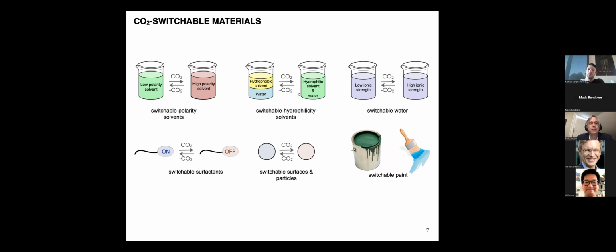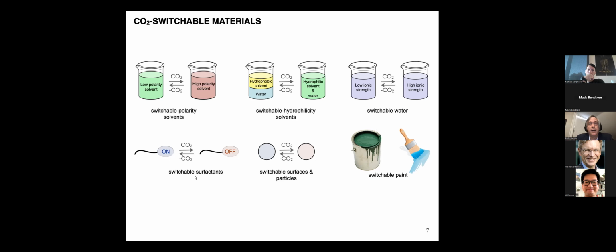So you don't have to distill your solvent away from your product anymore, because that takes a lot of energy, right? All you can do is extract your solvent away with carbonated water, and then you can bubble air through the carbonated water to get your solvent back out and reuse it. So this saves a lot of energy because you no longer have to distill organic solvents to get your product away from the solvent. Switchable water on the far right, I'll talk about this in more detail. It's an aqueous solution that changes its properties, whether it's ionic strength, osmotic pressure, density, solubilizing ability, all sorts of things that are aqueous solutions. I'll talk about them in more detail.